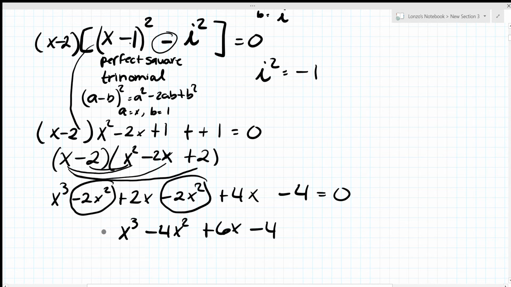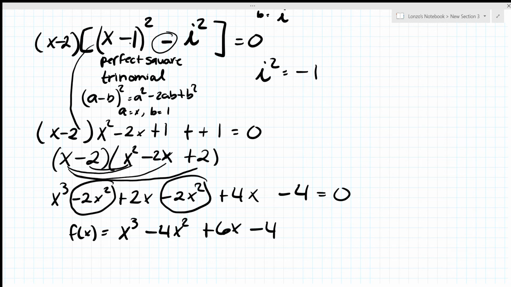Okay, so now you can actually graph it. You know how to graph this polynomial. You can put it in the graphing calculator, right? I think, yeah. And that's how you get the equation of the polynomial when given